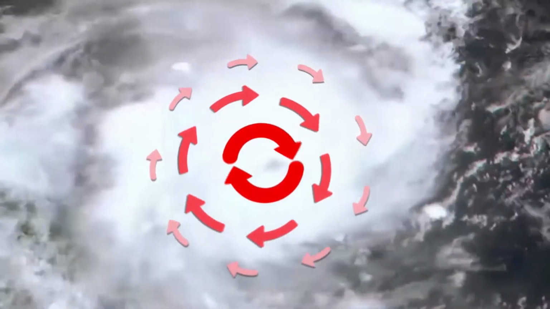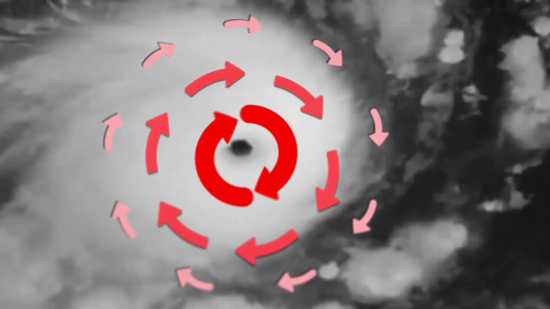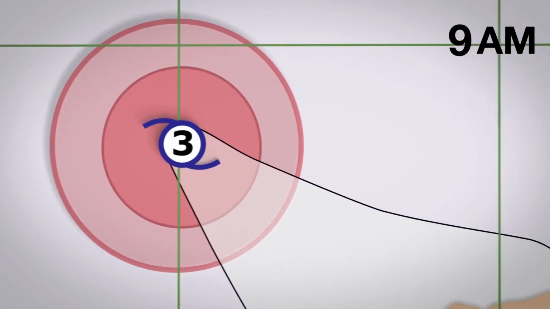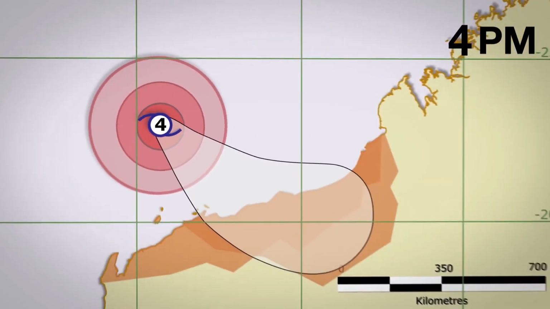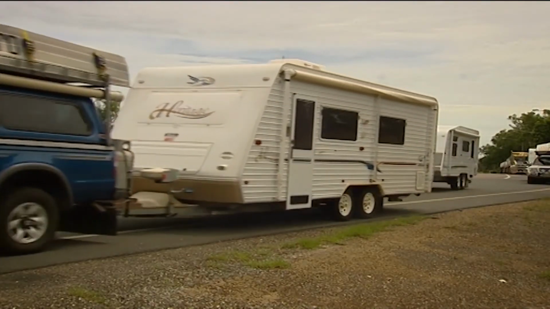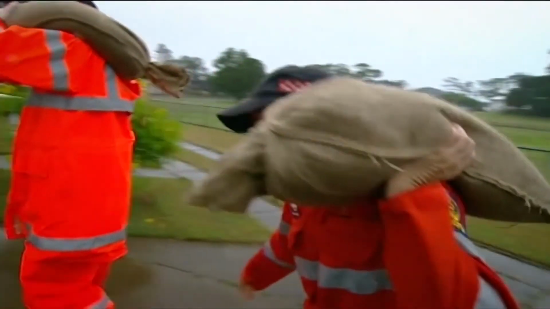These intensity ratings are based on the maximum wind gusts associated with the cyclone, which usually occur around the centre, known as the eye. Tropical cyclones can intensify rapidly. There have even been occasions when a Category 1 cyclone has become a Category 5 within a day. It's essential that your plans to evacuate or take shelter are made well before the predicted arrival of the strongest